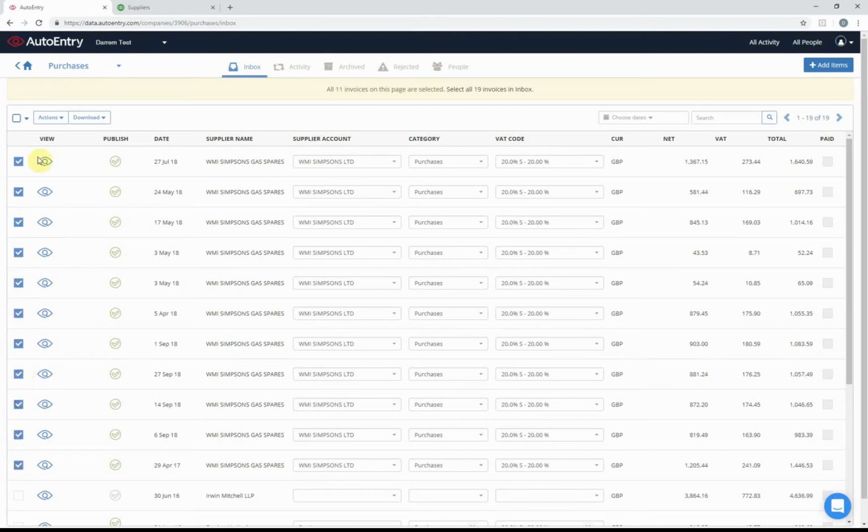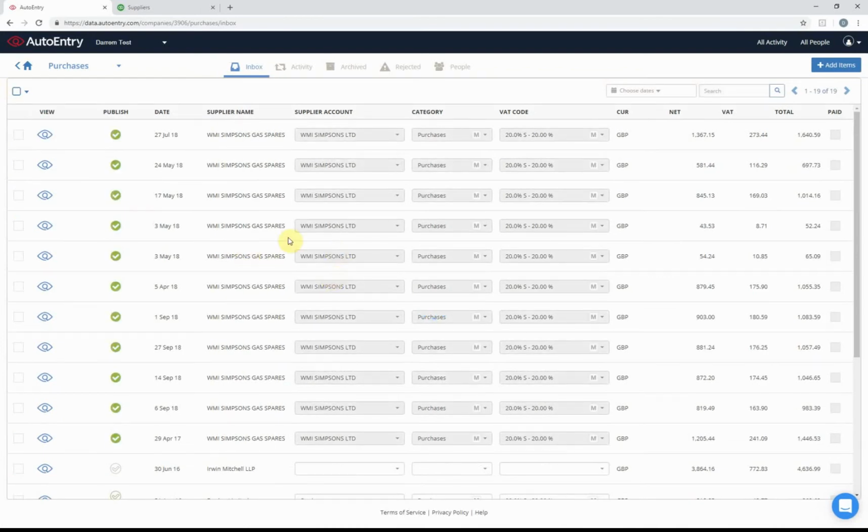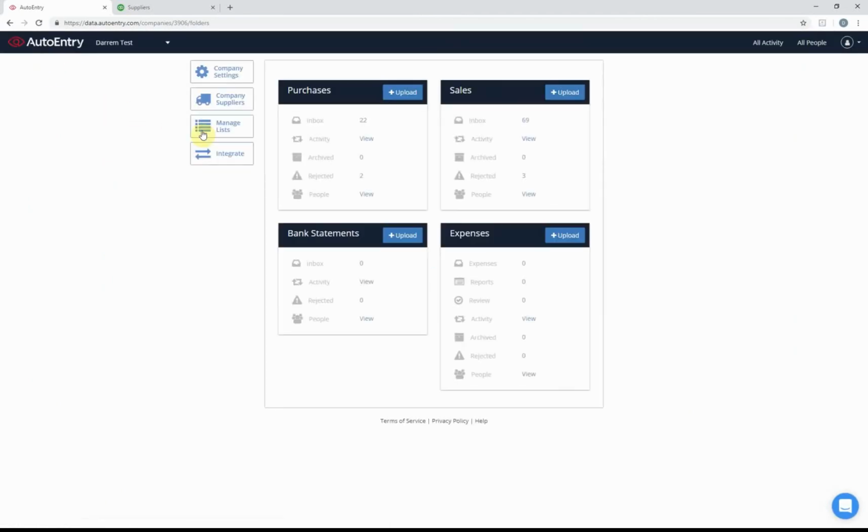So as I'm just ticking these options, I go to publish. That's now published them. Now, if you want to automate how these publish, so if you want to make these auto publish, in particular WMI Simpson, if you just click on the little home button, go to company suppliers,